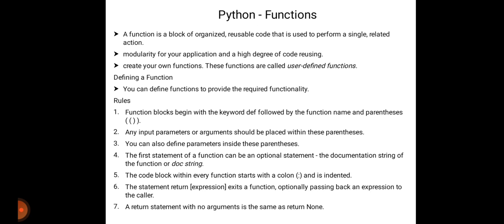Before starting today's topic, let us recall what we studied in the last lecture. In the last lecture we studied loops in the Python programming language. There are three loops: the while loop, the for loop and the nested loop, with the control statements break, continue and pass. With the flow diagram and an example of each, we have already studied them in the last lecture.